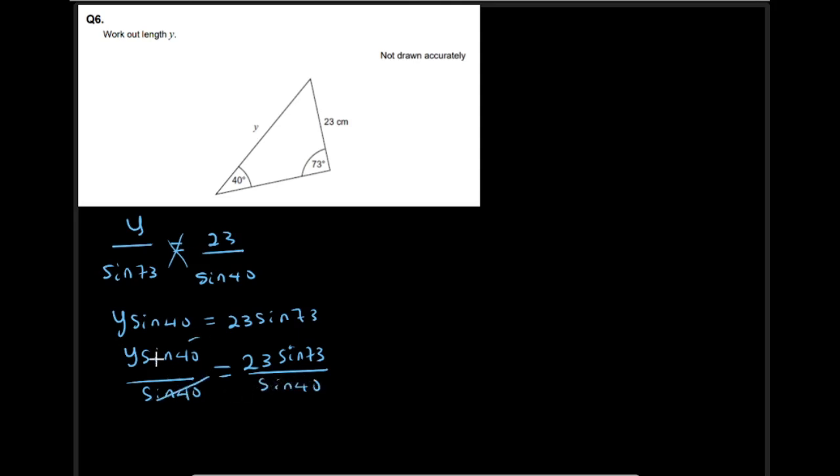So this will cancel out this, and then you have y equal to 23 sine 73 divided by sine 40. That will give us